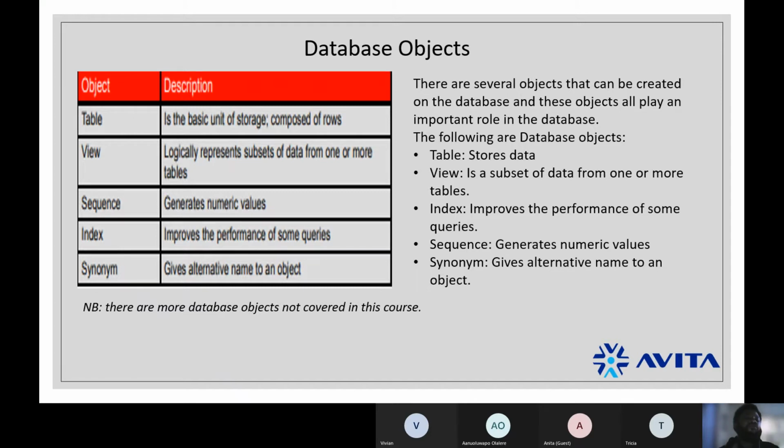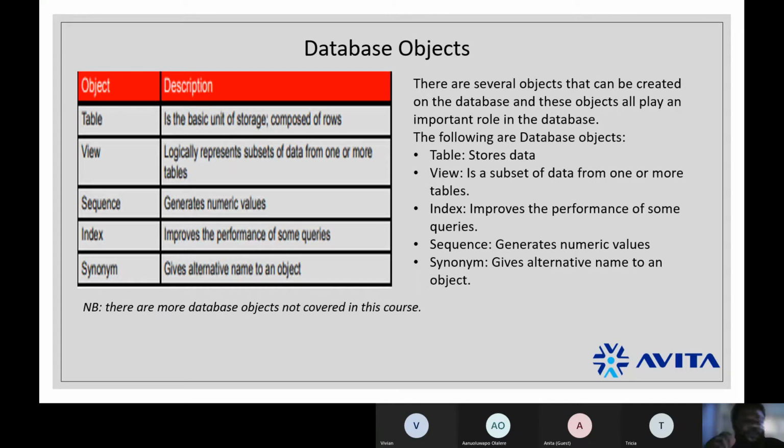You don't have to type 1, 2, 3 by yourself. You can easily generate it by creating a sequence. Then we have synonyms. A synonym gives an alternative name to an object. That is, when you have an object with a long name and you want to call it with a shorter name like an alias, you create a synonym. Don't worry, all of this you will understand as we proceed.